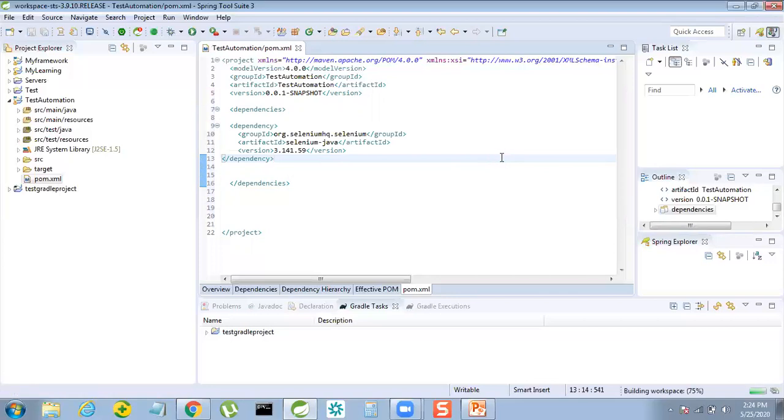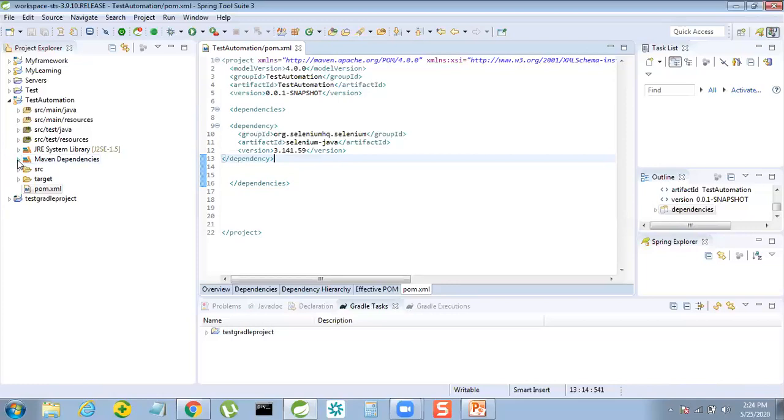Okay. So I just pressed Control S. So it is building your project. It is downloading whatever jars you need. Okay. So it got 100% completed. Now if you look, one new folder got generated, Maven dependencies.